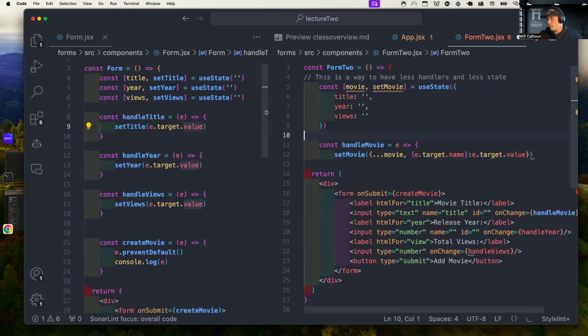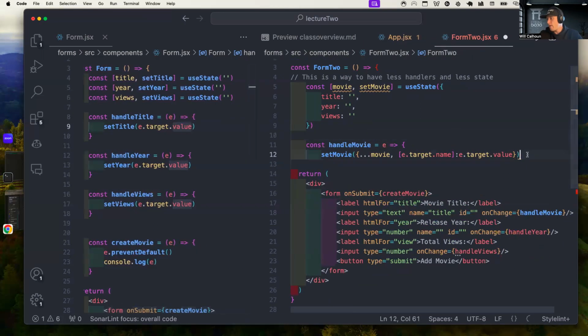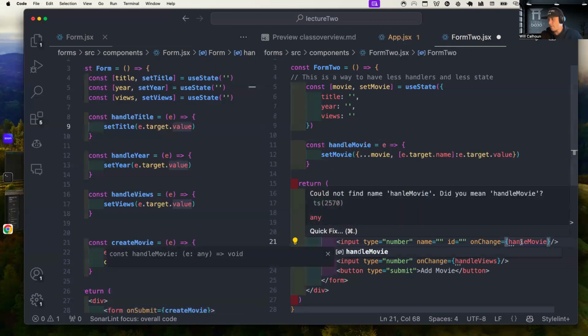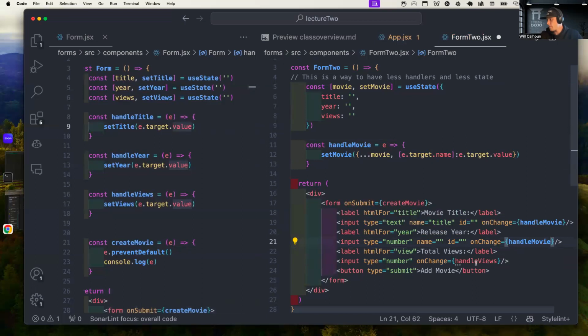Let me move this over just a little bit so you can see. Cool. I'm going to pause here. Let's walk through this one more time. Handle movie. Perfect. So what's happening is instead of,